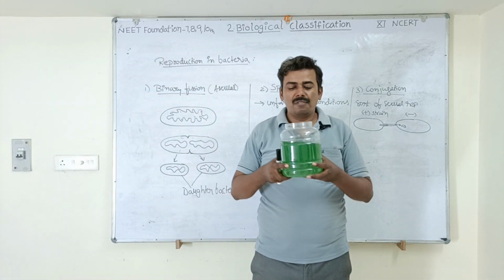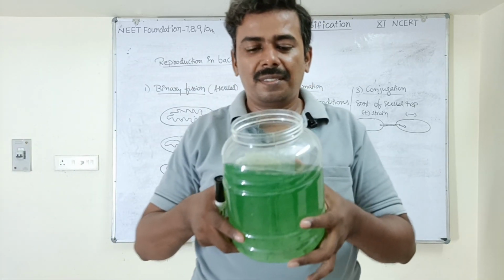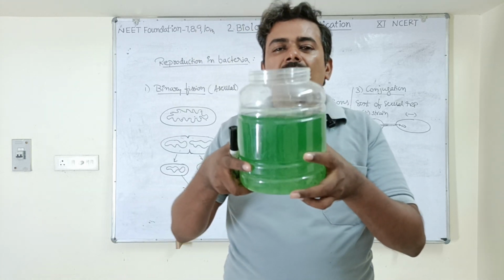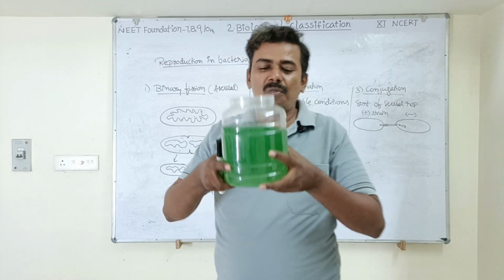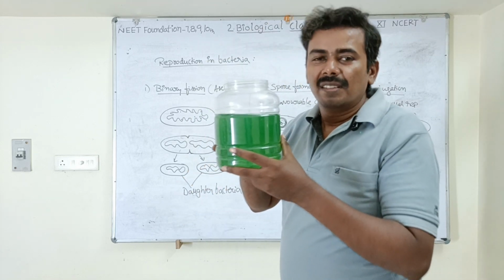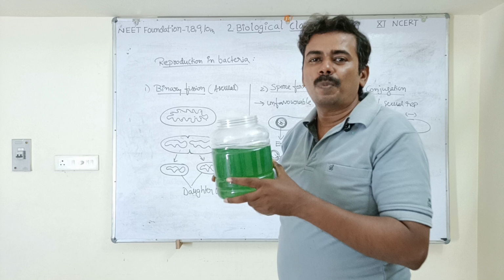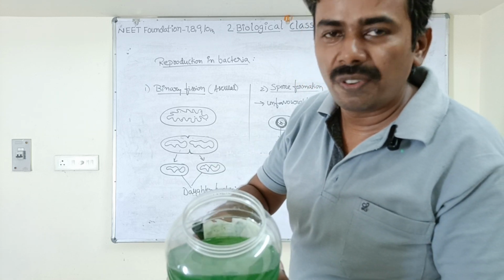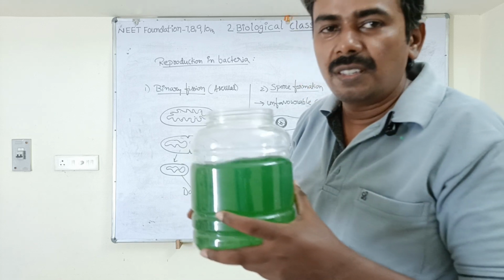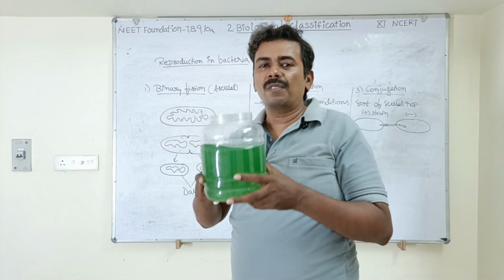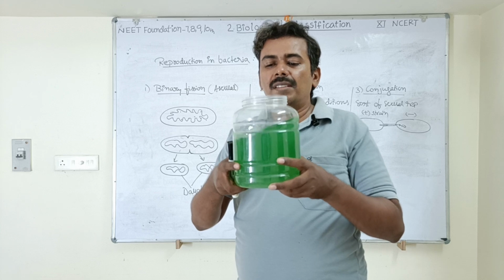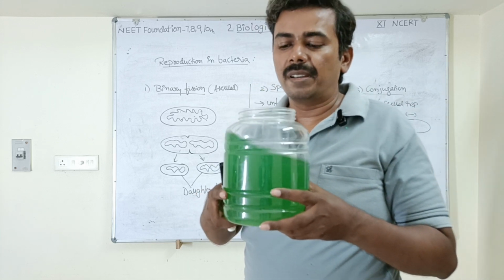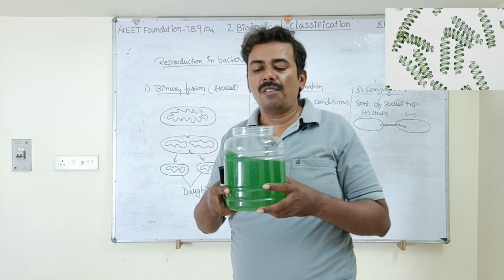Students, I have brought something for you. Can you guess what this is? This particular jar is full of bacteria. Guess what type of bacteria this is. Exactly, this is cyanobacteria, spirulina. You can see small filament-like structures inside. This is full of spirulina bacteria, autotrophic photosynthetic bacteria. Why is it green in color? Because this bacteria has chlorophyll A pigment, by using which it can carry out photosynthesis.